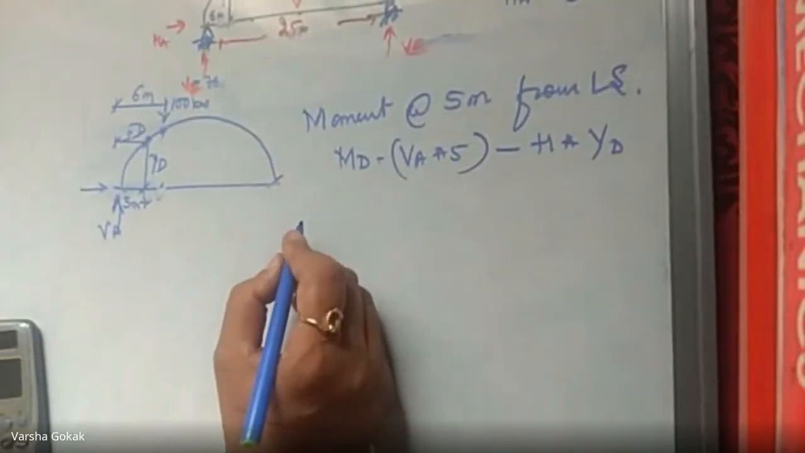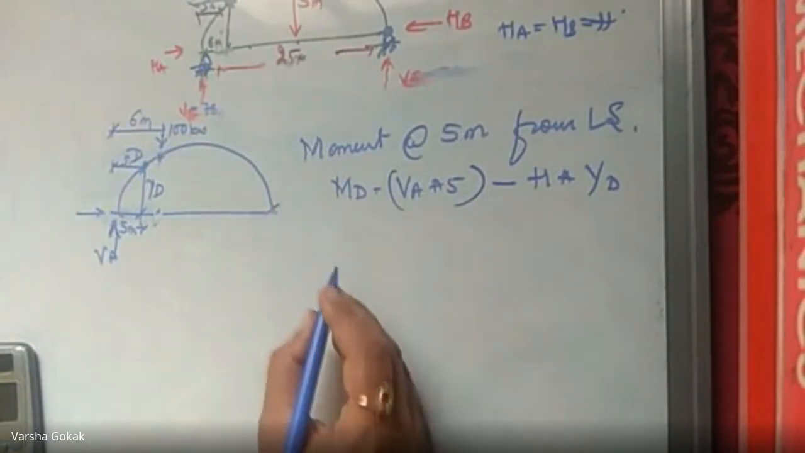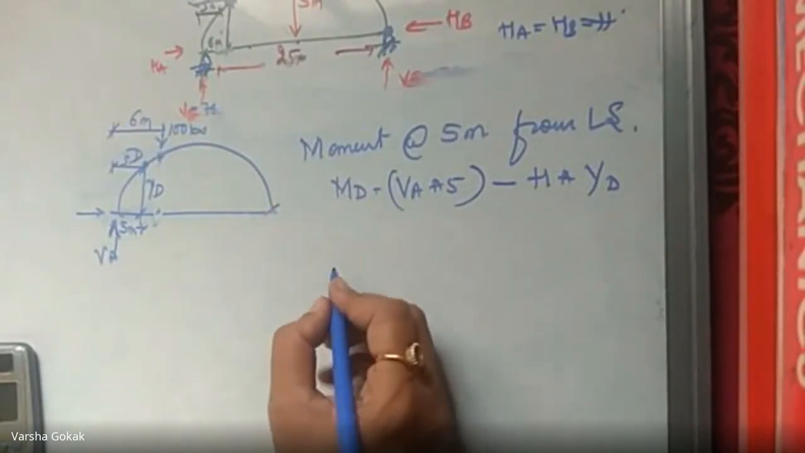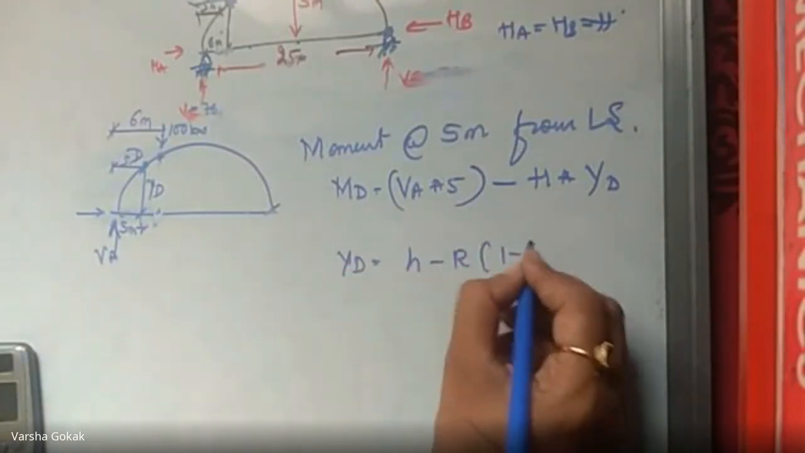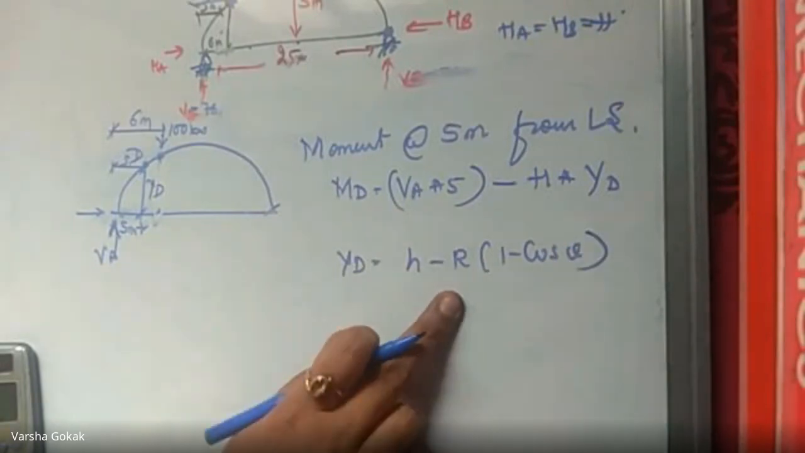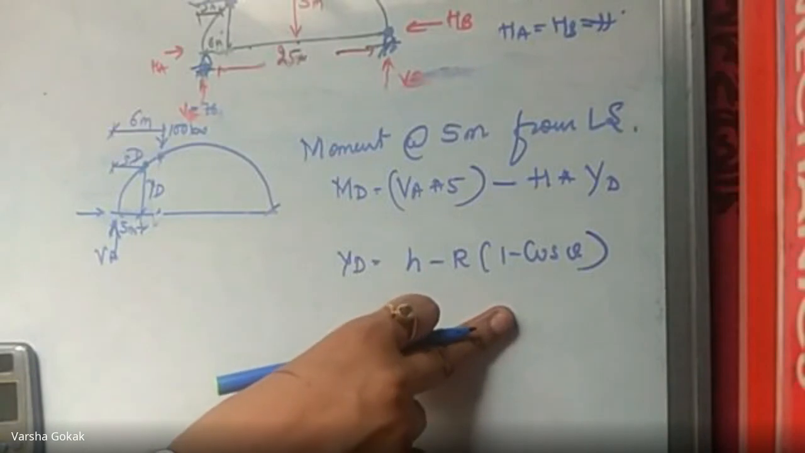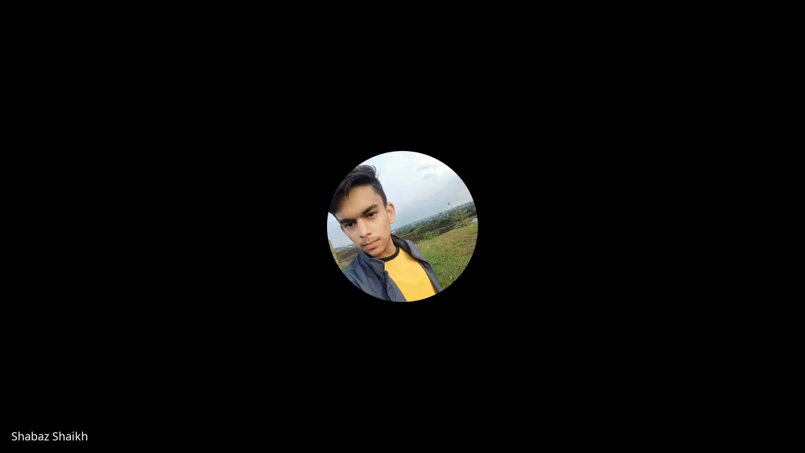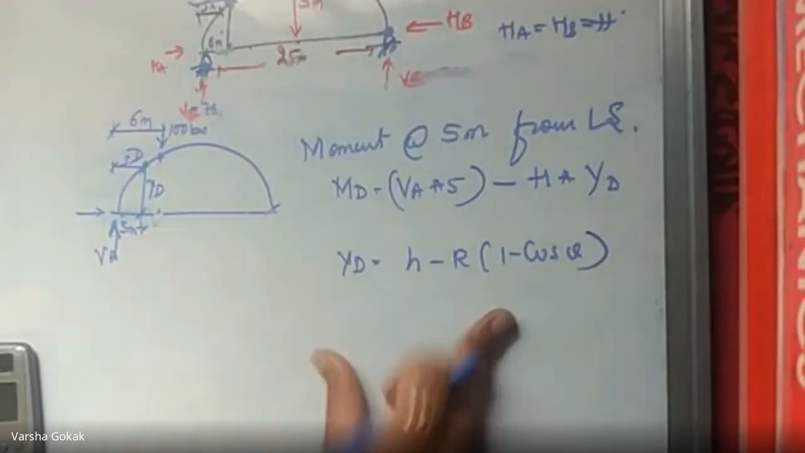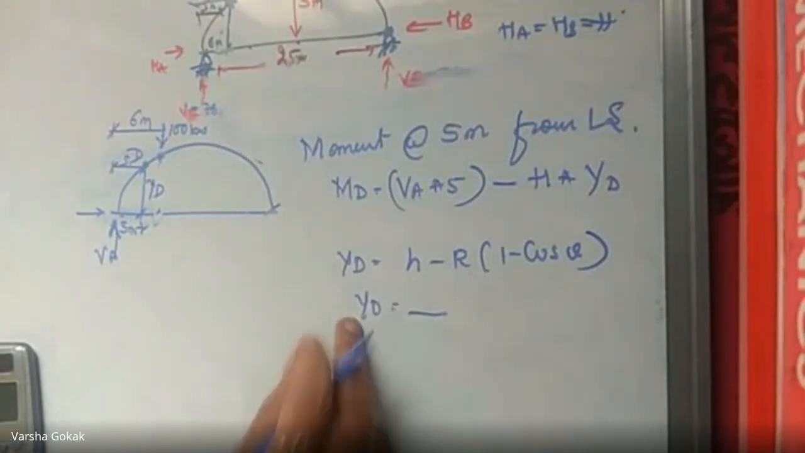So there is an equation from geometry, if you draw, or even if not, from the geometry also, your equation for YD is going to be h minus r into 1 minus cos of theta. I had written this equation when I started the class. Now you know the theta. What was your theta value? 27.2. So you have to substitute that theta value, get the value of YD, and then take the moment at